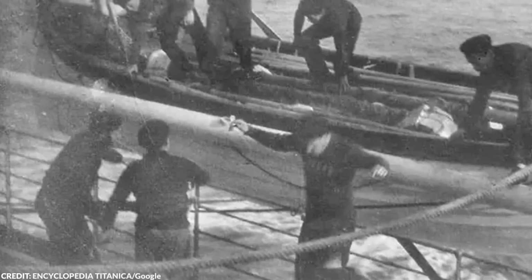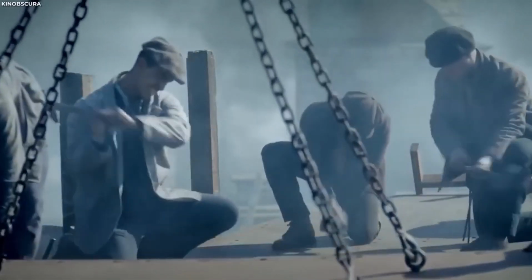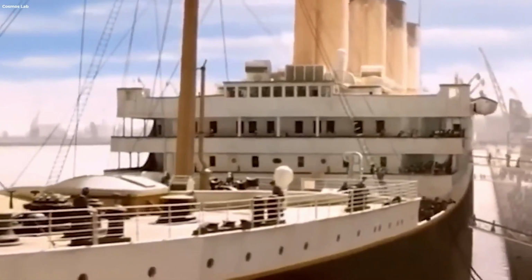On that fateful day, these pictures from the Titanic's maiden voyage give us a glimpse into the scale of its impact and popularity. They transport us back in time to the moments preceding one of the most famous maritime disasters in recorded history. As the Titanic departed, many aboard were oblivious to the fact that trouble was already brewing in